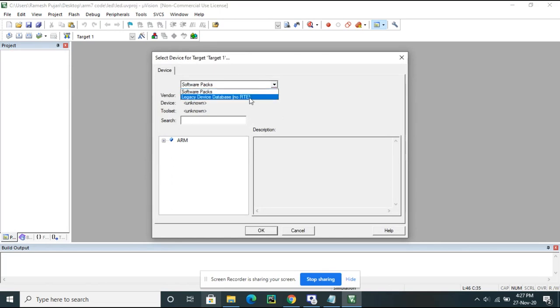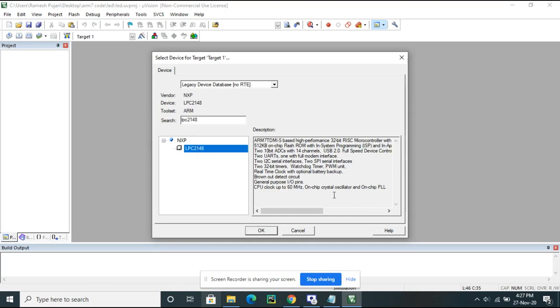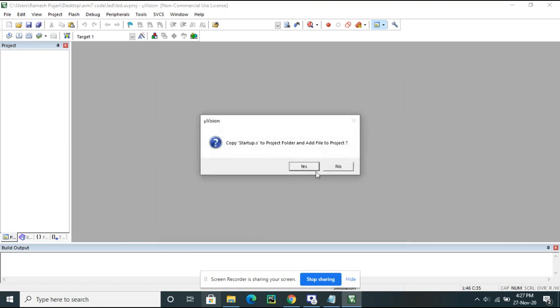Once you give the file name, click on Legacy and select the microcontroller we are using, LPC2148. In the description, you will get all the details of the ARM7 microcontroller. Click OK, and for the prompt to copy startup.s to the project folder and add the file to the project, click Yes.